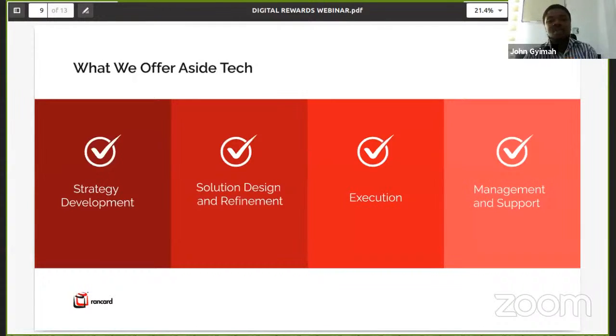So for us, it's not just about the tech or the solution that we provide. It goes far beyond that. Most of the loyalty program platforms that we see out there will just give you the features and capability for you to implement. We are saying no, because we understand that the underlying objective for each business for running a micro loyalty campaign